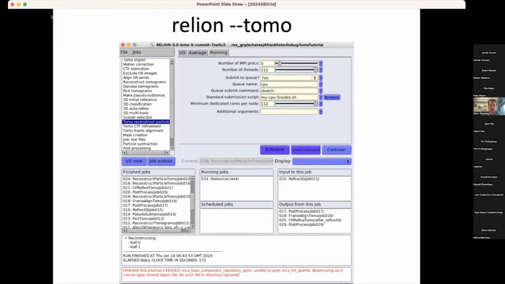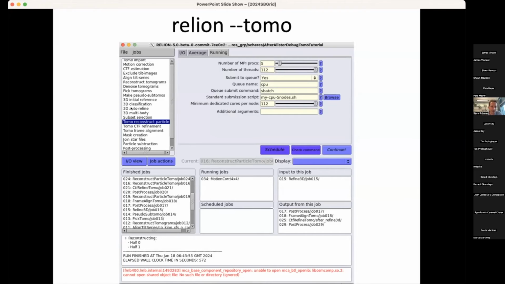It then goes through very familiar jobs like motion correction, CTF estimation, etc., which work very similar to single particle analysis, with a few new options for making things better with tilted images. And then Alistair has written wrappers in Python around AreTomo and IMOD for alignment of tilt series. And then we use an algorithm from Jasenko to do reconstructions in RELION.